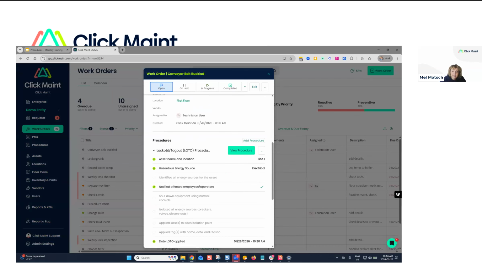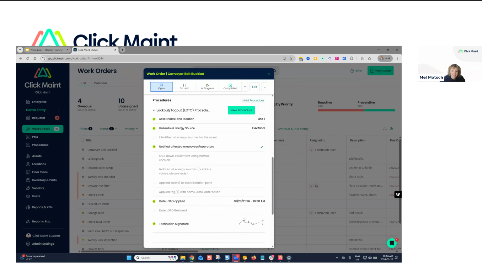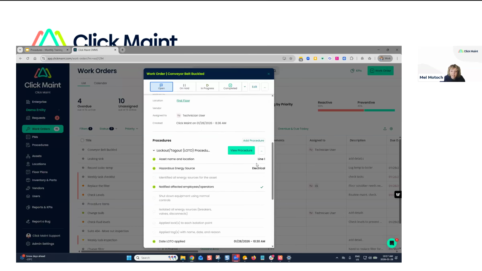And now I can see the items that I've logged and the answers on the right-hand side there. So there's my signature, there's the dates. It looks like I filled in about 5 of those in that procedure. Okay. So if I wanted to go and close this work order right now, I've got a setting on that